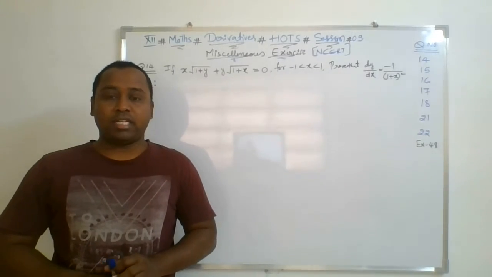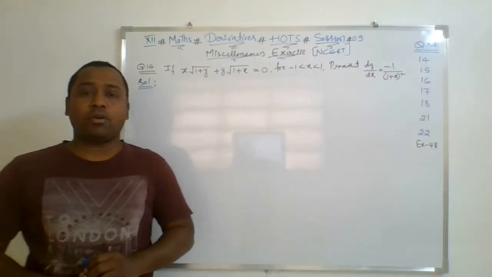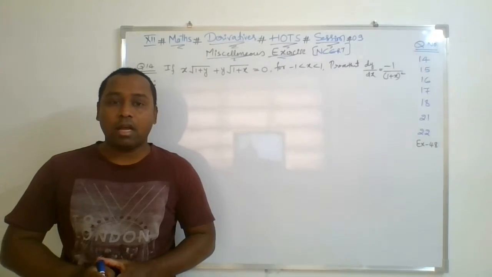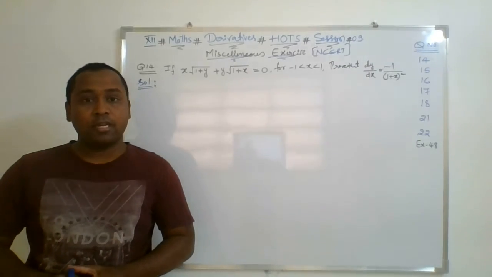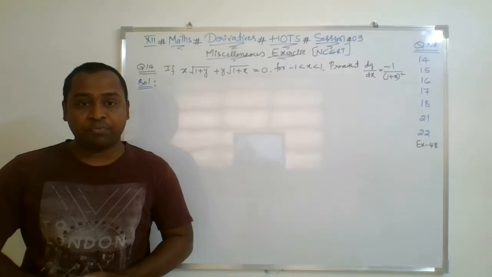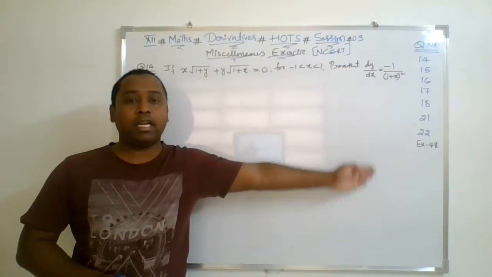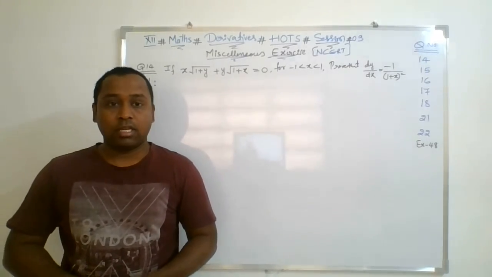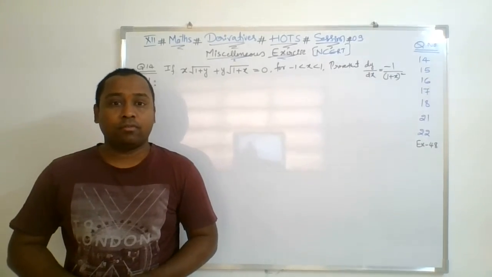So, in this session 9, as the last class of the derivative chapter, we are going to discuss a few important questions, also called higher order thinking skill questions, which are frequently asked in boards. Hence, you need to practice these questions thoroughly. Today we are going to discuss 8 sums, and their question numbers are written on the board in sequence. So let's have a discussion directly with the sums.